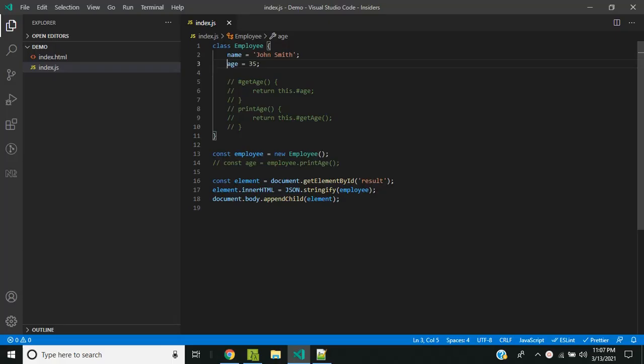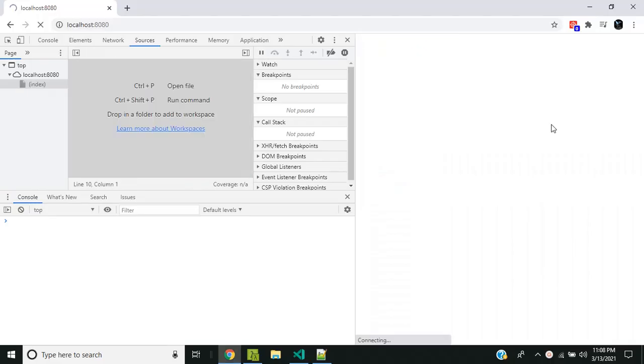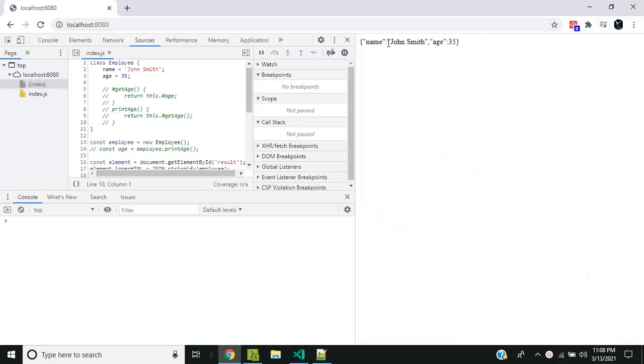Another important feature that will be introduced in ES 2021 is the private access modifier for classes. Here I have created an example class, Employee, and I have given the properties name and age. Now when I create an instance of the Employee and print it, you can see that both the name and the age properties are displayed.